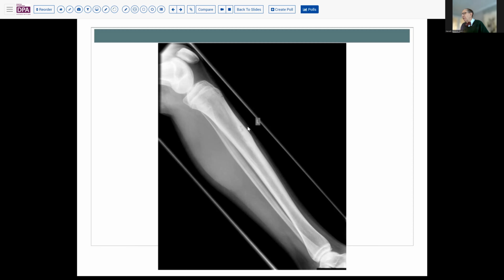And the differential usually would include cortical fibrous defect, osteofibrous dysplasia, and possibly even Ewing sarcoma can have this expansile, infiltrative pattern in some respects as well. So that raises the ante and certainly makes it valuable to